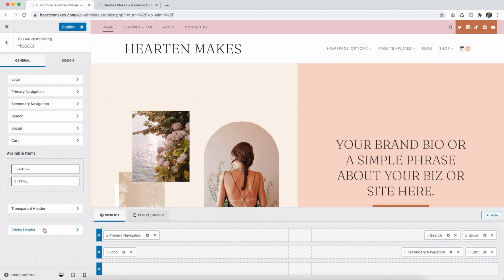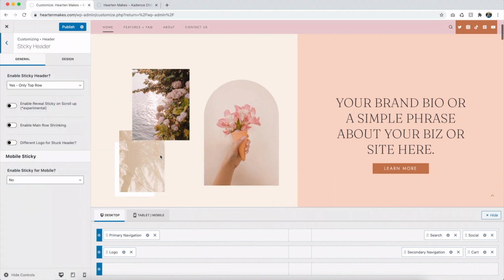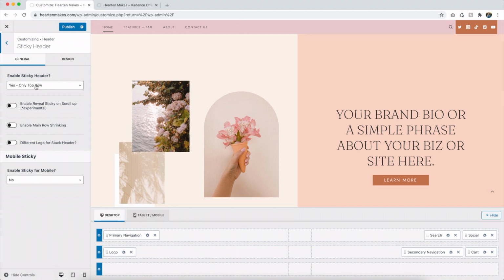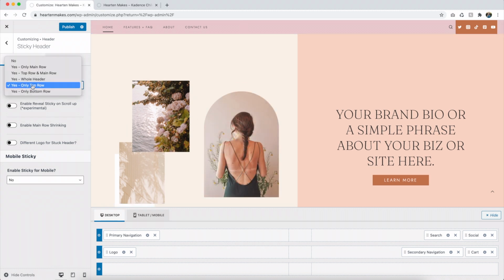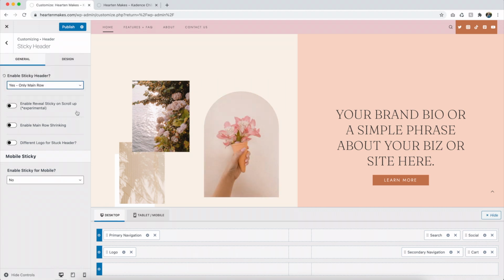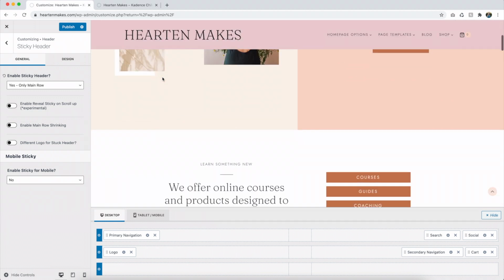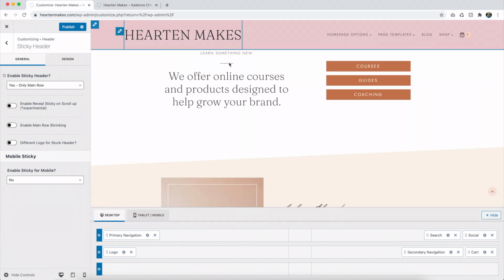You've also got a sticky header. So when I scroll, you can see that the top row sticks. I've got this set to only top row. Let's do the main row and just see how that looks. So now when we scroll, you can see,